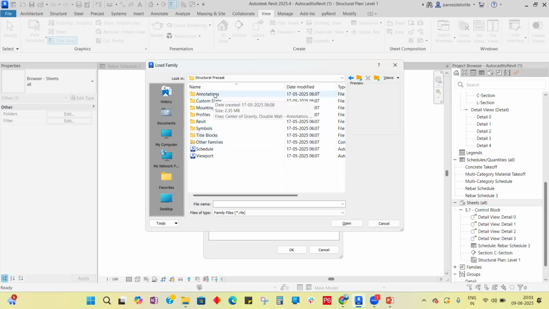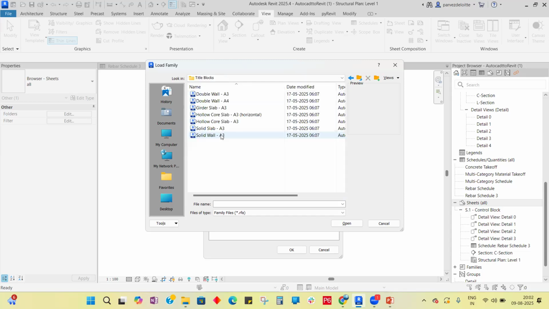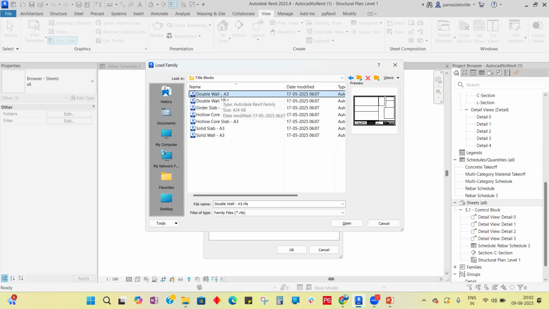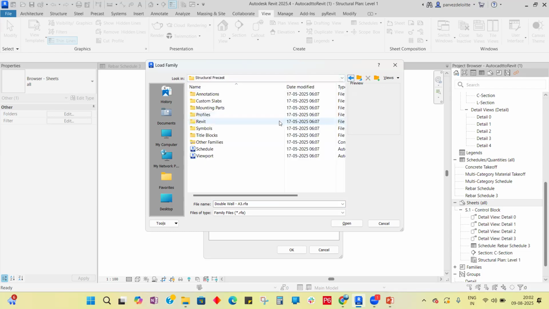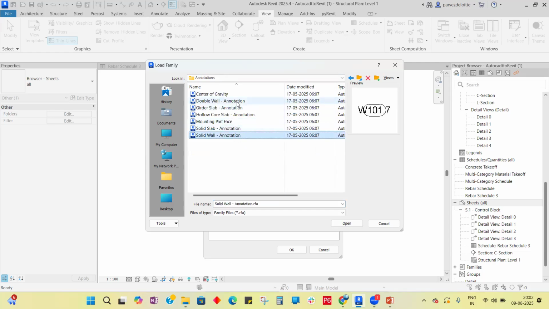And then you have annotations, title blocks, right? So here in title block you have A3, A3, A3, A4, A3. Right? These types of title blocks are there. Again, we will explore some more title blocks. This is viewport, schedule, title block, symbols, profiles, annotations. Let us explore annotations. These are annotations. These are of no use. So again, going back,